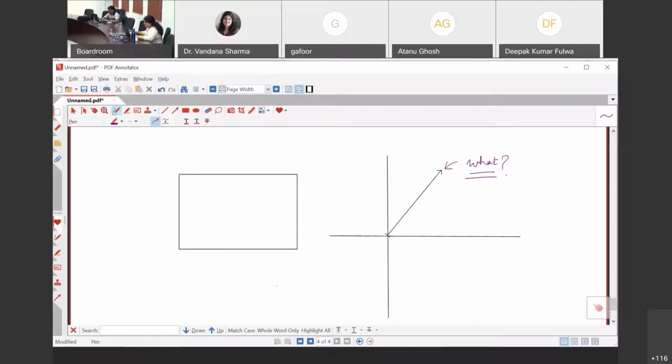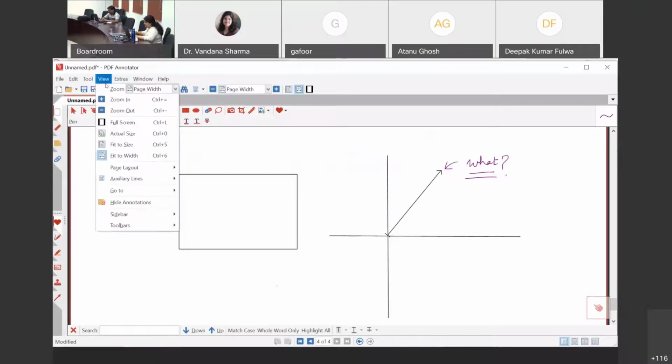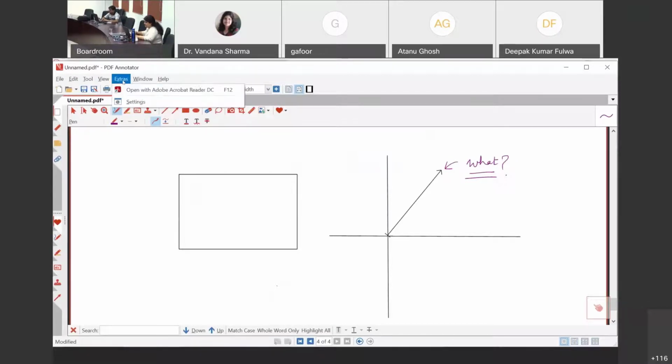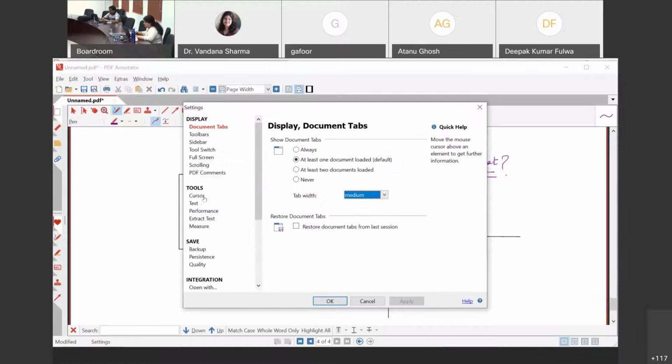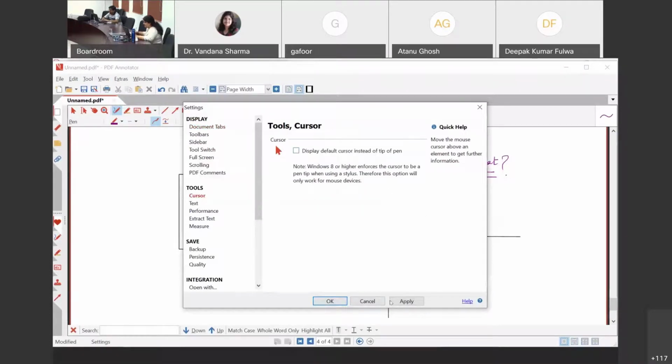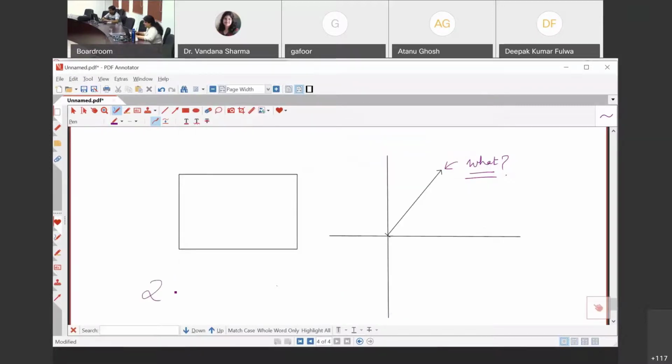So for example, suppose I change it for a moment and I apply it and say okay, can you see where I am writing? Can you see my cursor? Can you see my cursor now?